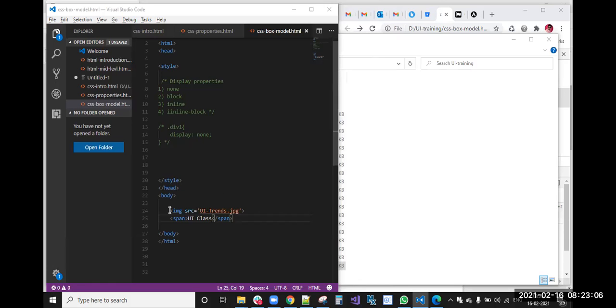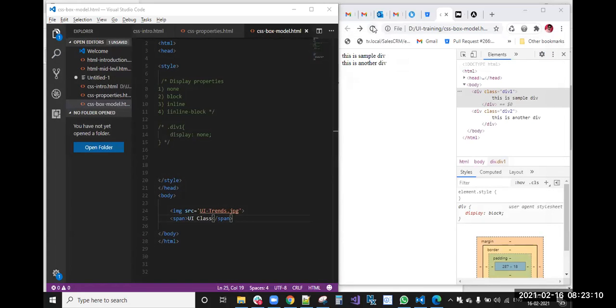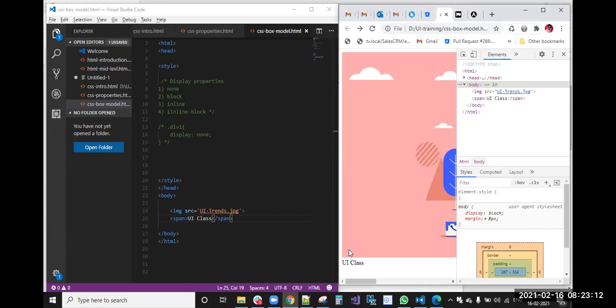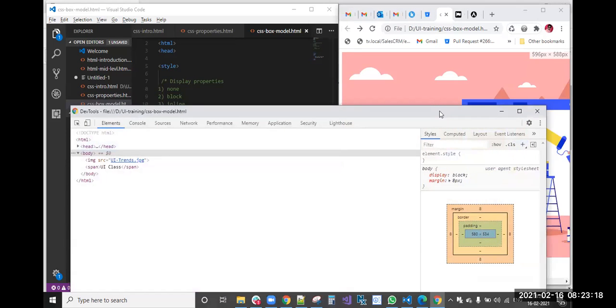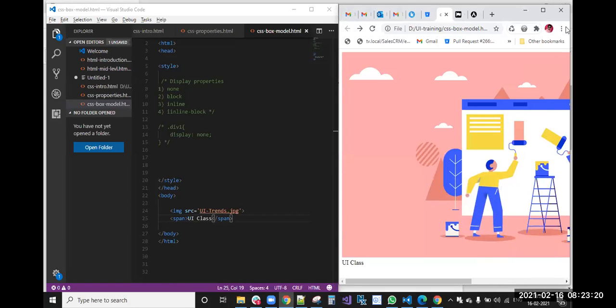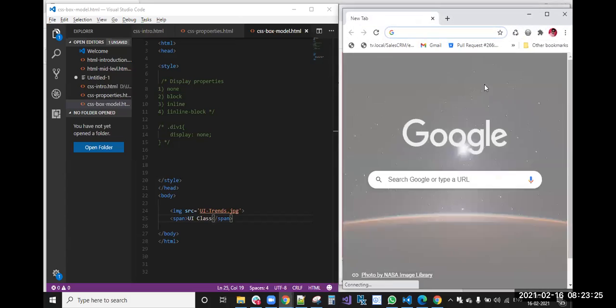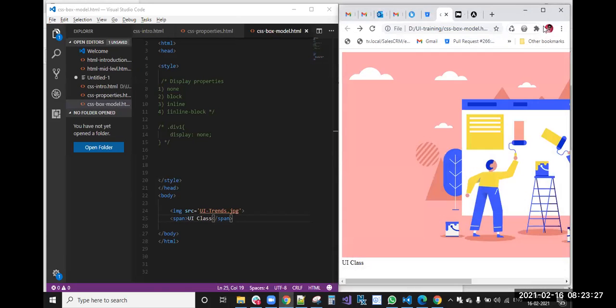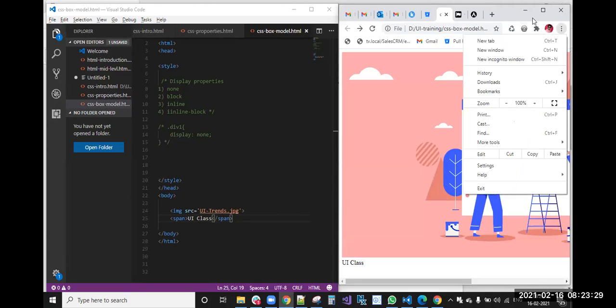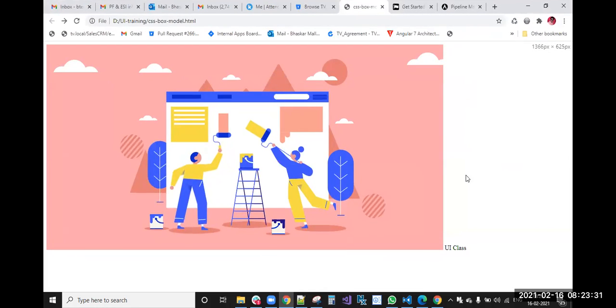Okay, fine. So image and span tag. Now we have two: one is image and one is span tag. Here the image is there, right?